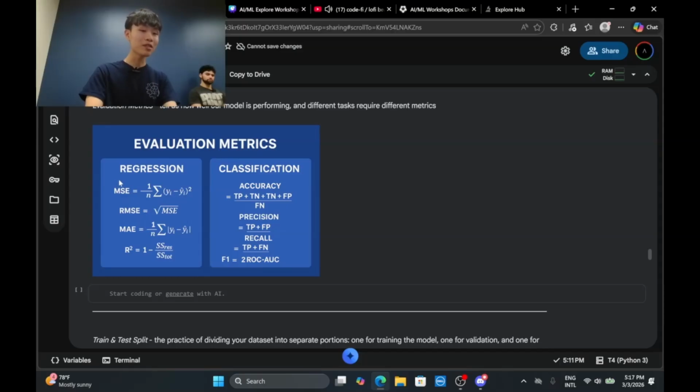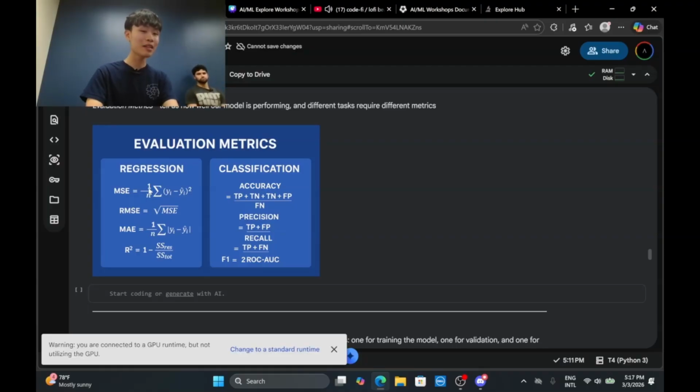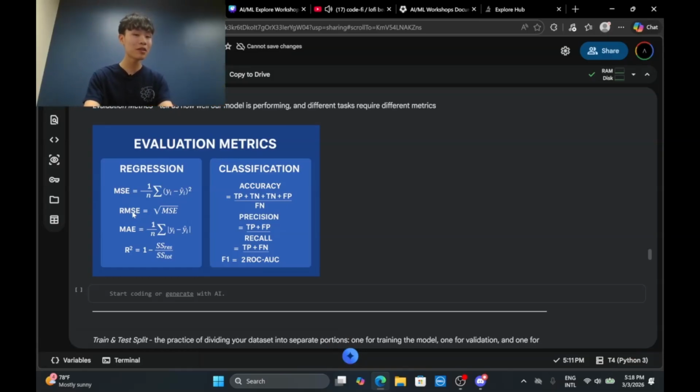So let's say I choose MSE for a case where I need to interpret for person A, but then I need to use something else to interpret the model performance for person B. So it really depends on your case, your need, when interpreting your model performance.